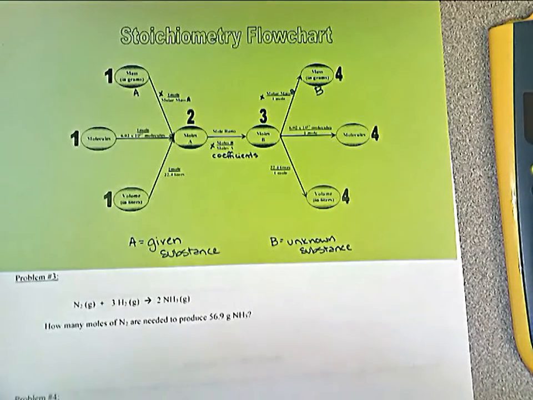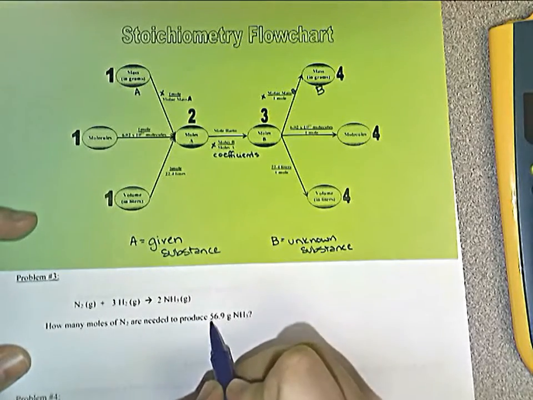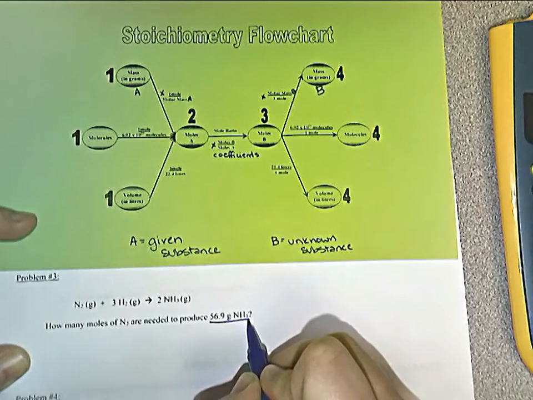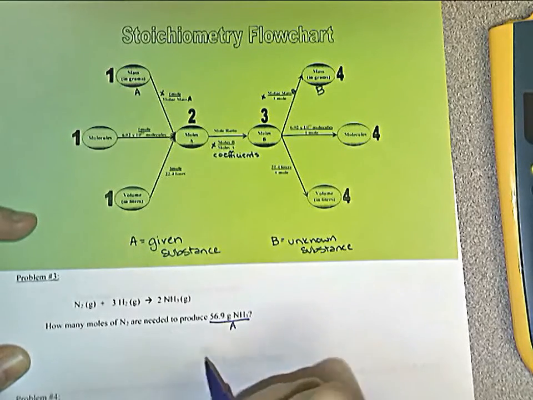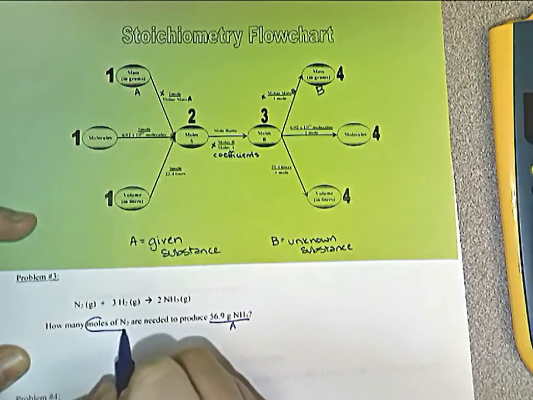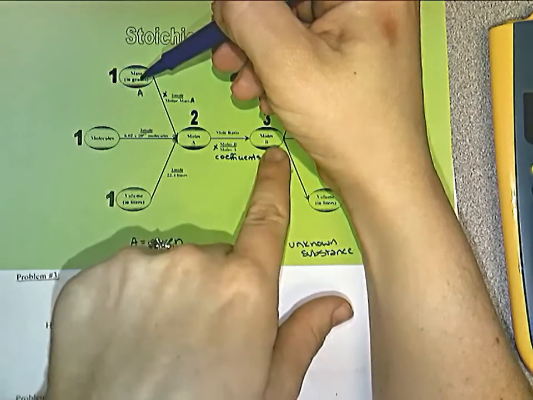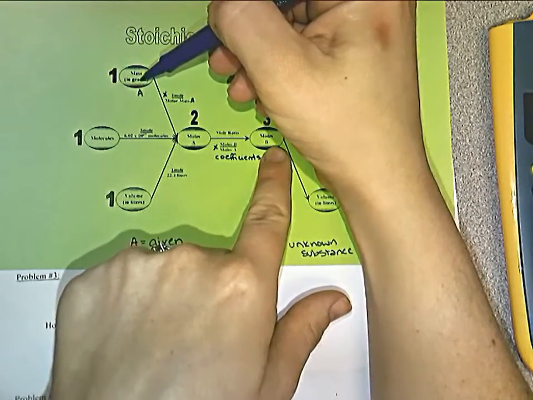Alright, for problem 3, what are we given? We're given 56.9 grams of NH3, so this is my A, and we're asked to find moles of N2, this is B. So where am I going to start? Well, I've got to start up at grams, and I've got to get to moles of B, so I've got to end right here. So I'm going to go from grams of A,